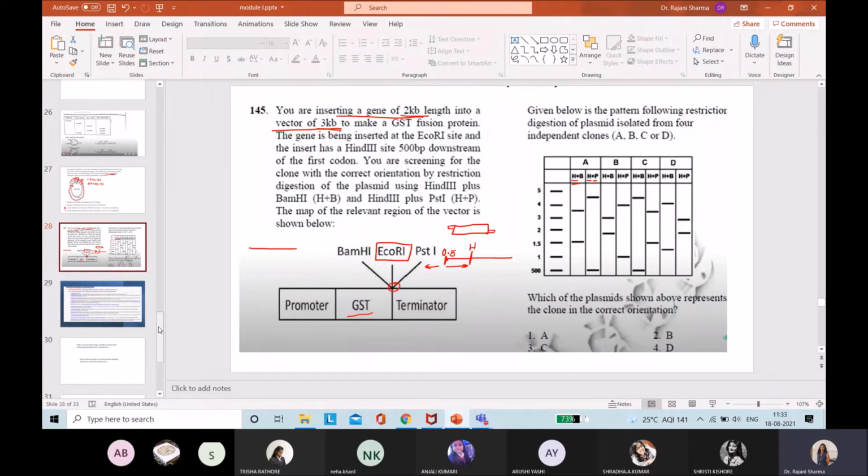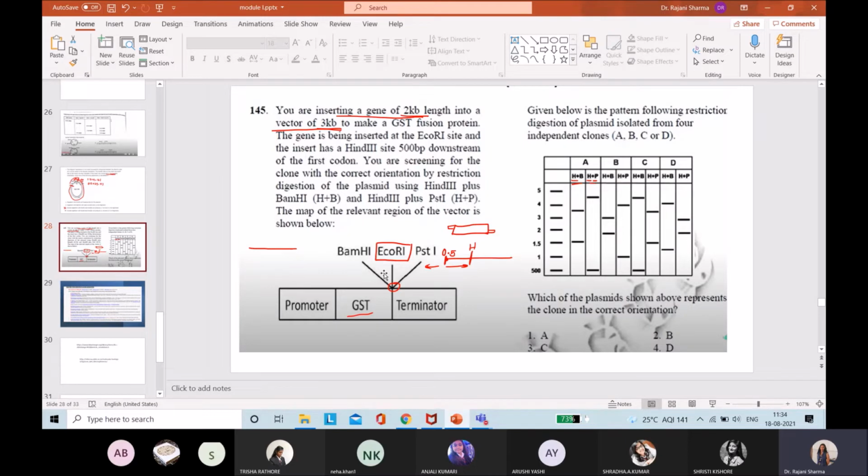But second thing, when you are going to propose this, it is well mentioned that you are using the EcoRI site, BamHI enzyme or PstI enzyme or whatever enzymes you desire. But how can you choose which enzyme should be used or which should not be used? For that, you require to do all these experiments under lab conditions and find out whether you can obtain the proper bands or not.